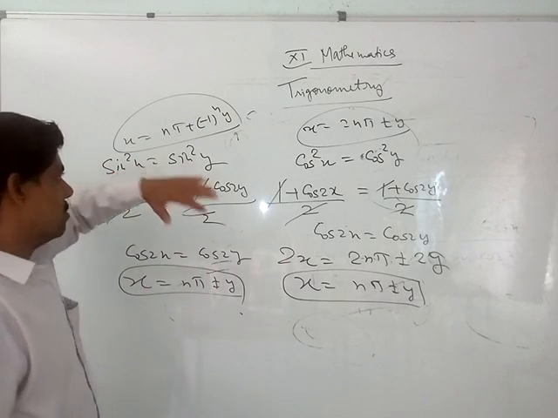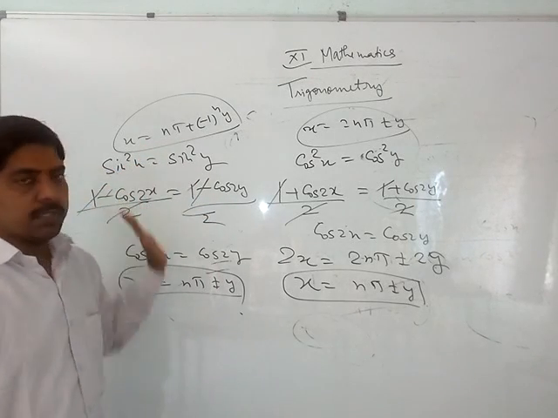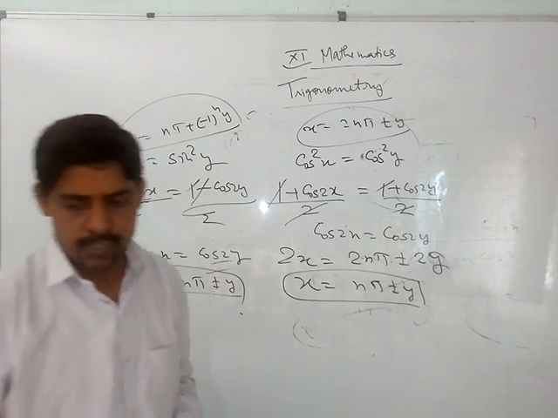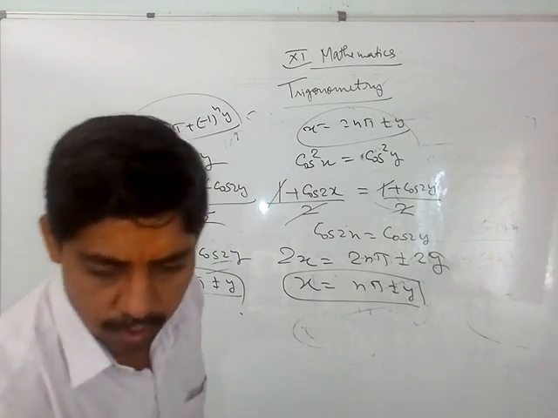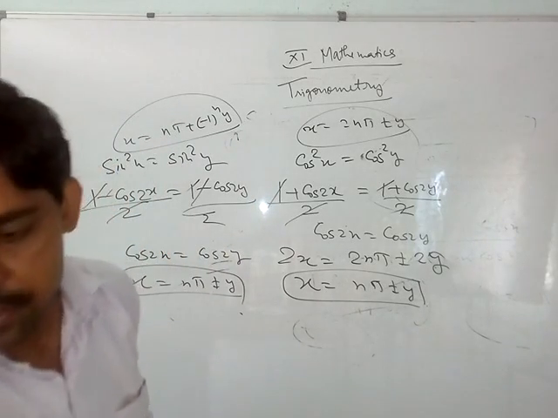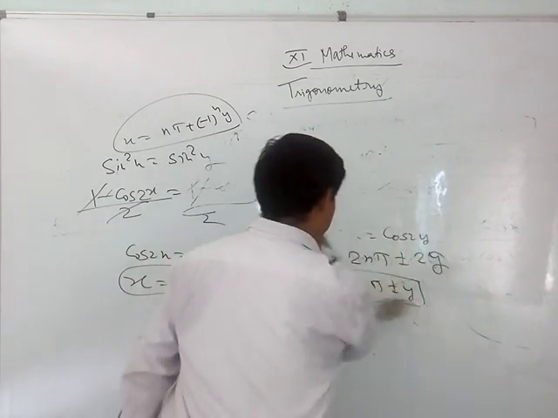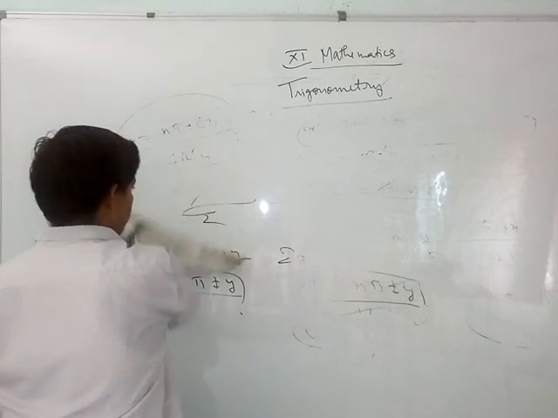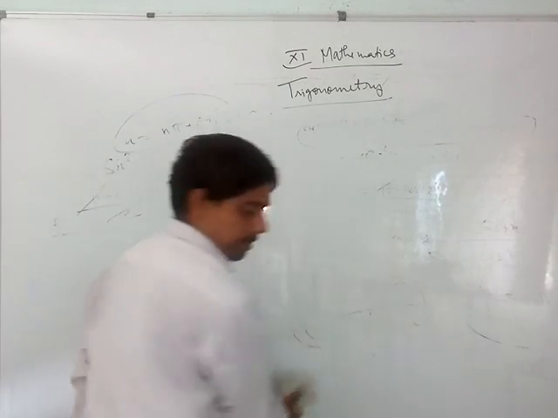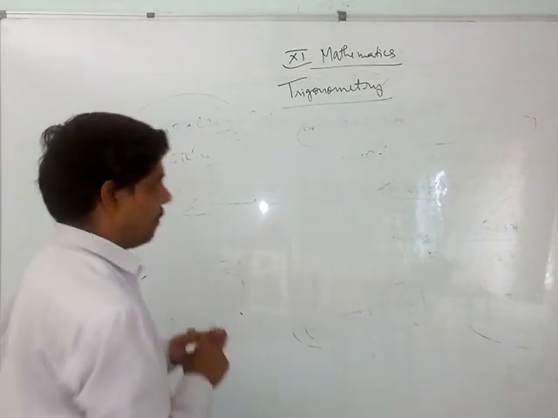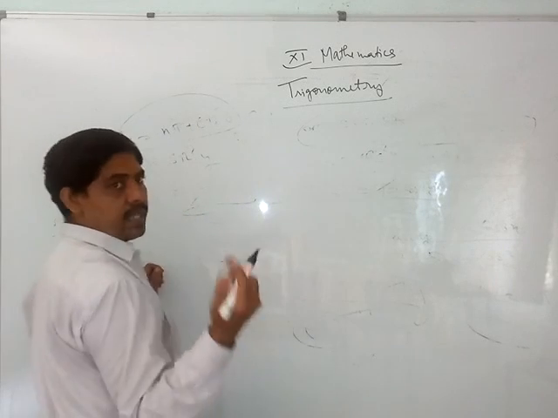So cos square x equals cos square y, sin square x equals sin square y. These two are also general forms of equations. So this way you can solve a lot of equations and identities also, and trigonometry can become really fun for you if you enjoy this kind of thing. Okay. So there are many such questions where you will need to apply some identities, and only then can they be solved.